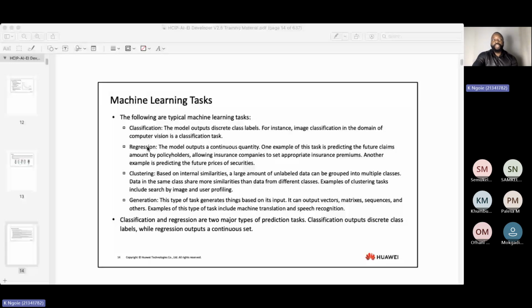The second problem is regression. Regression is whenever the output of the model is a continuous quantity. So it's a value that you can't classify. It can be anything. For example, I want to create a system that can determine at what age someone is allowed to have a certain drink, based on historical data that I have. So it can be any age, it can be any number. So it's not really a class.